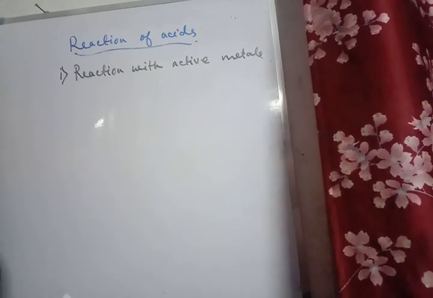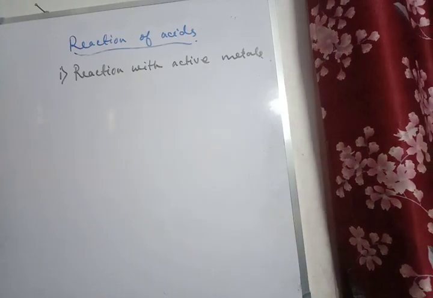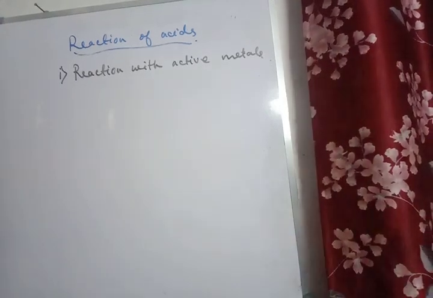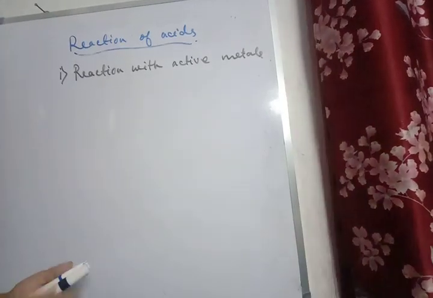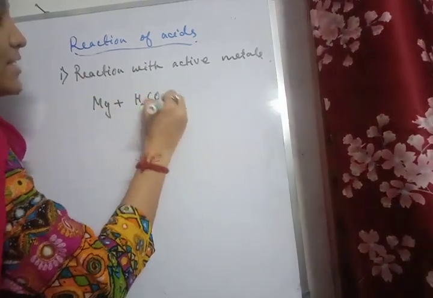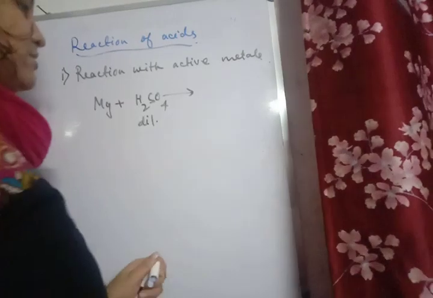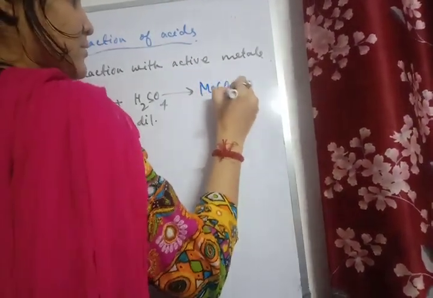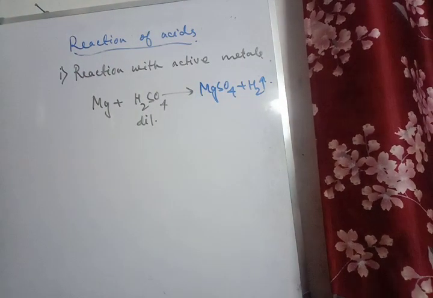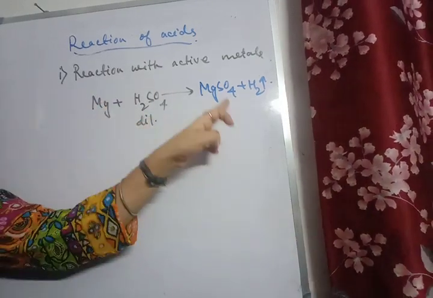Okay? So, dilute acids react with metals like sodium and potassium vigorously or explosively, while it reacts with metals like zinc, iron, magnesium less vigorously. So here metals will react with dilute acid to form salt and hydrogen gas. Now this reaction is a displacement reaction because the metal is displacing hydrogen from the dilute acid to form salt and hydrogen gas.